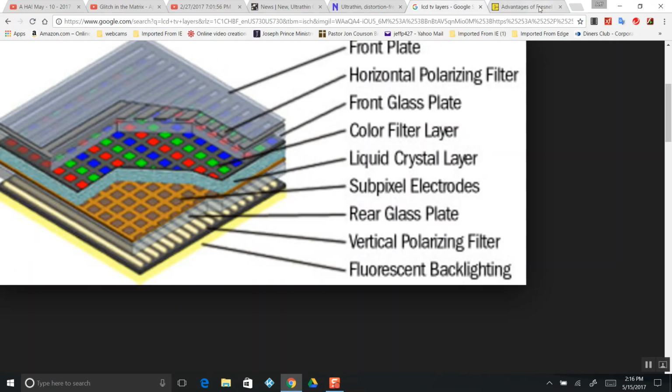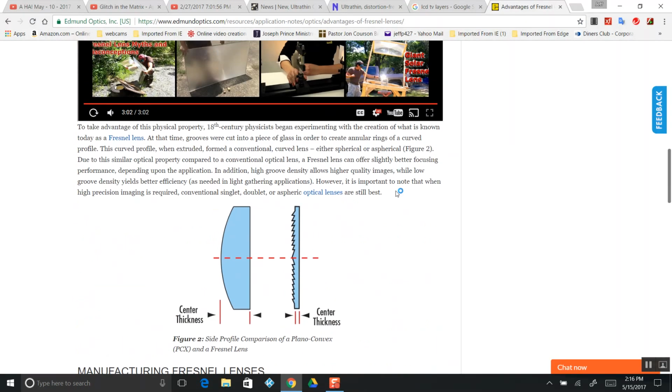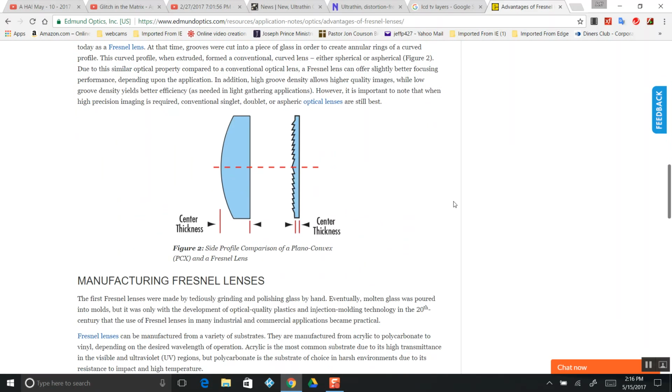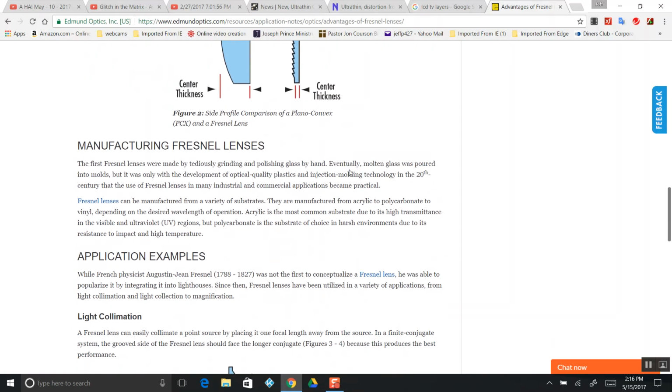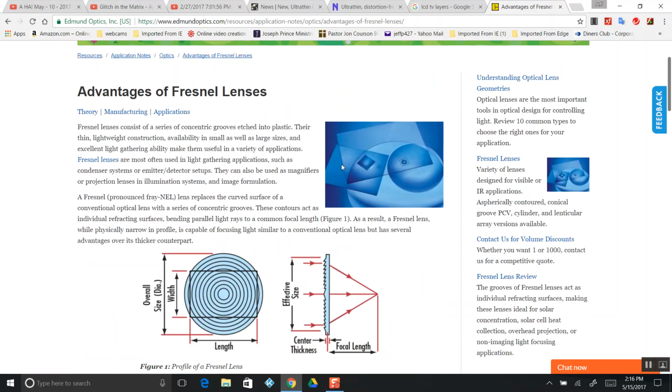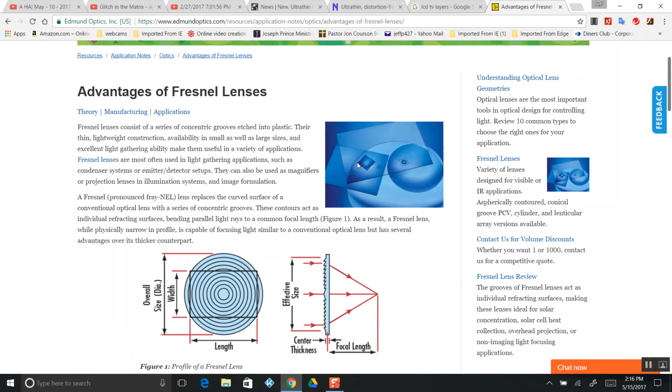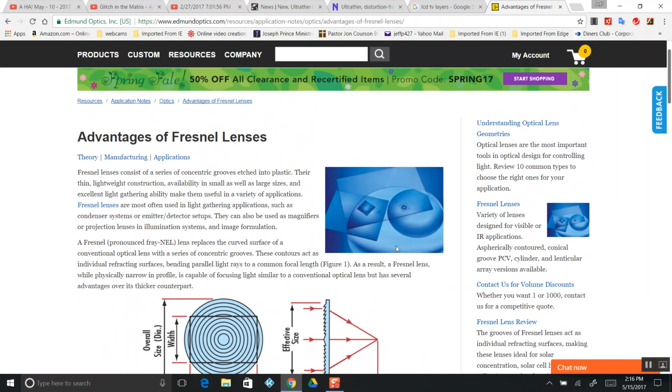Let's see if there's anything I didn't cover here. What is the advantage of a Fresnel lens? Well, a Fresnel lens is basically a regular lens, performing the same functions as a normal lens, except it's been made flat. But it has a few problems like camera aberrations and lack of color where things cross over one another. We get bizarre stuff in the sky.